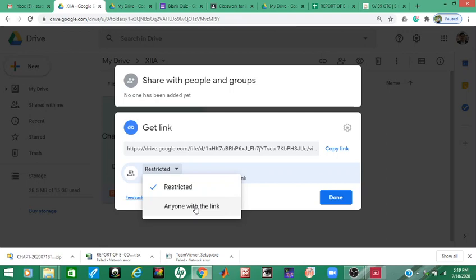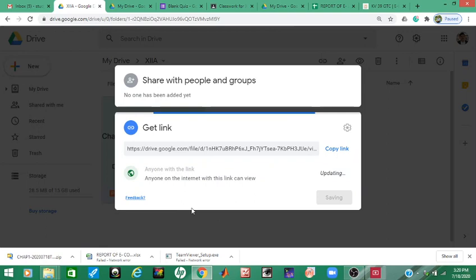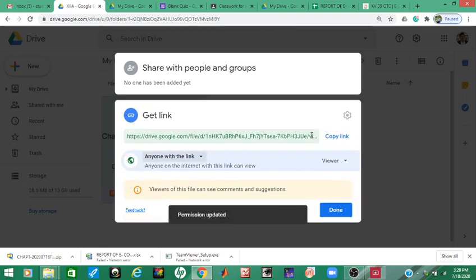If you use restricted option, then only limited people will be able to open your file, only those people to whom you have added. So you use the second option because we want that our file should be available to the students, and all students should be able to see the file. So I have used the second option, anyone option.